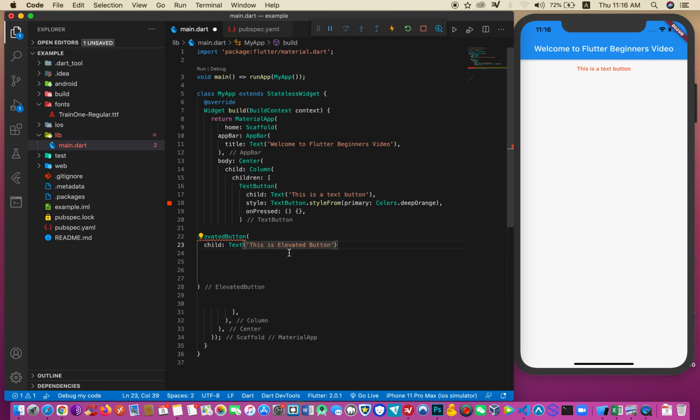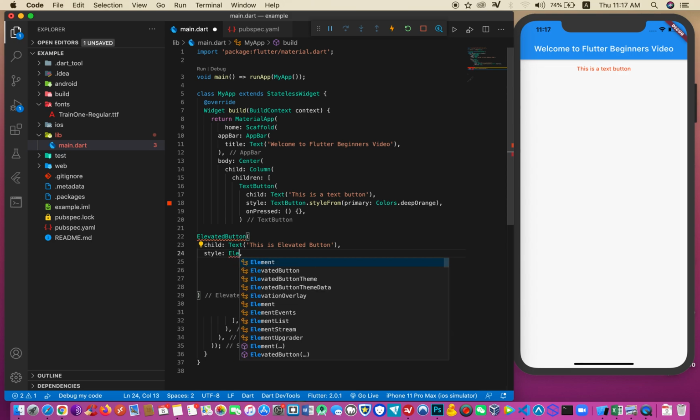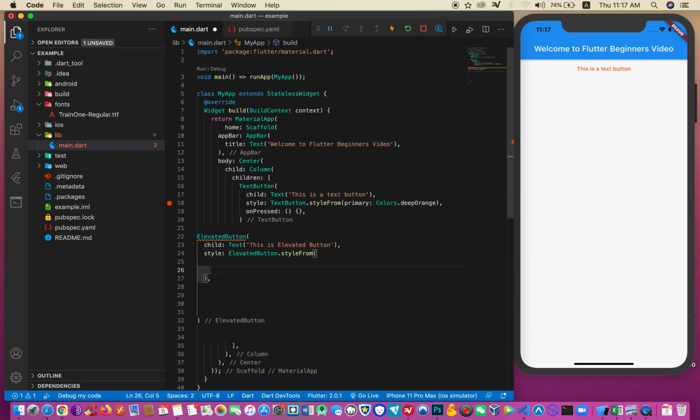Okay, good. So for this, we're gonna add some style to this as well. So what style are we gonna add? The style we're gonna add, we need to also call ElevatedButton as the name implies. You see, the first one we called TextButton, but here we call what? ElevatedButton dot styleFrom. All right, make sure you follow this. And then here we also have a